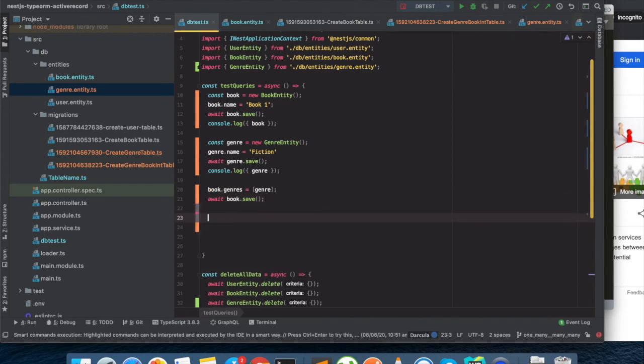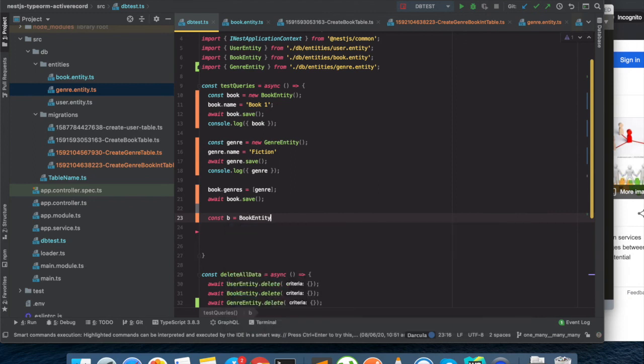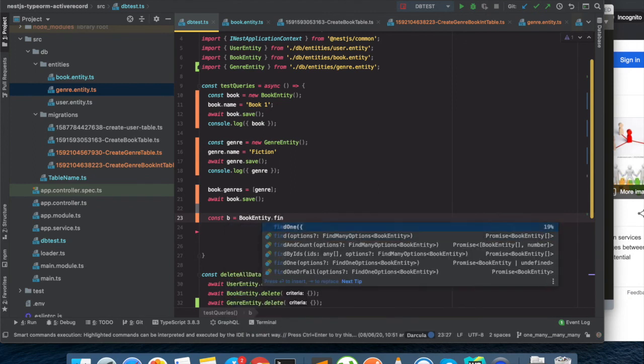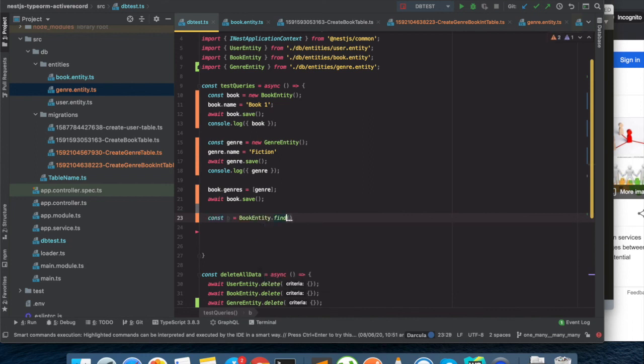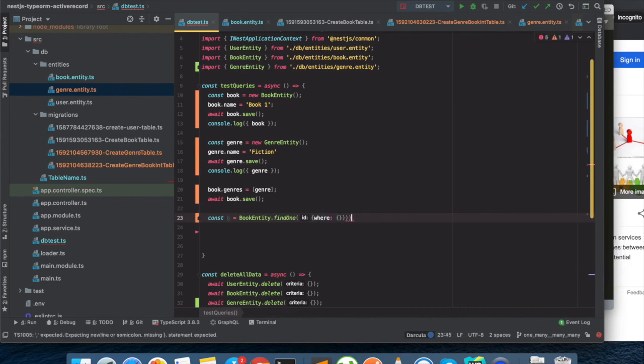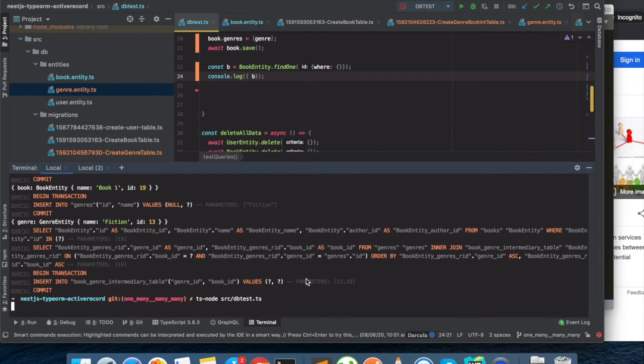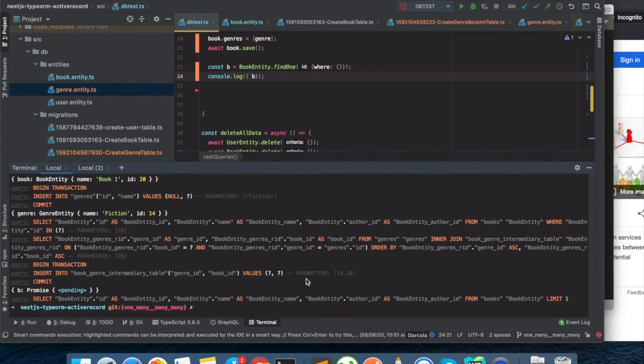So let's say we are doing const b is equal to find one where, and console.log b. Right, now we're going to run it. Okay, b is a promise.